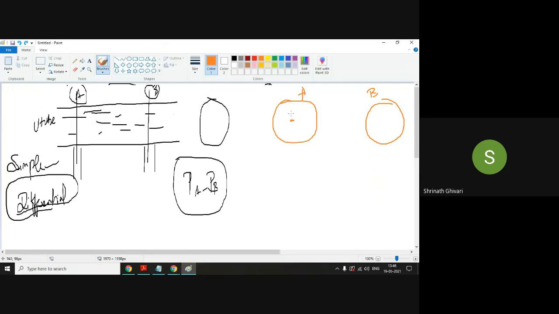But if I want to measure the pressure difference between these two pipes and the fluid which is flowing through these two pipes, then I can also use a differential manometer. Okay, the differential manometer is used to measure the pressure difference in the same pipe or in between two different pipes, through which different liquids are flowing, or the same liquid is flowing.